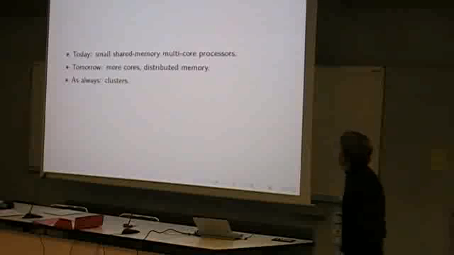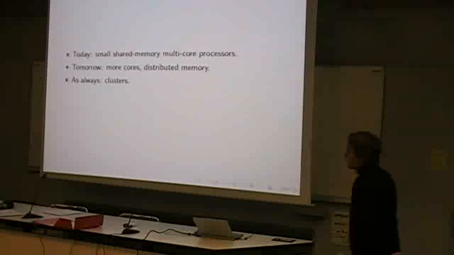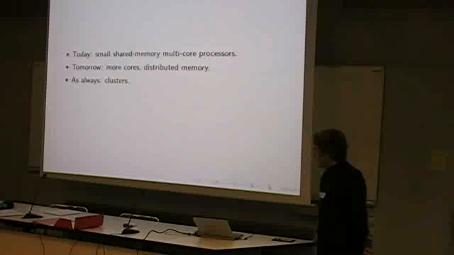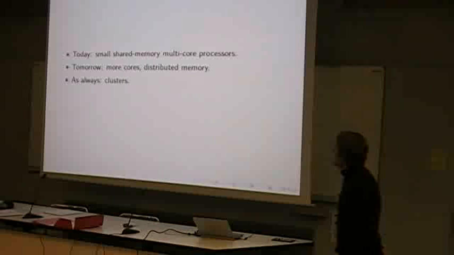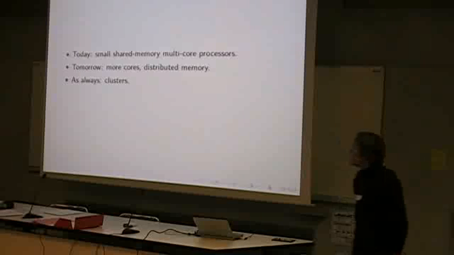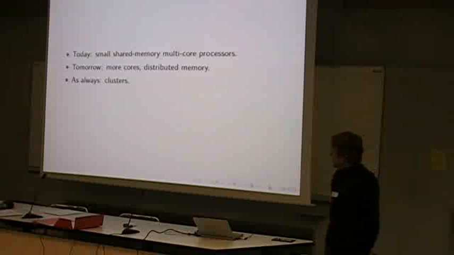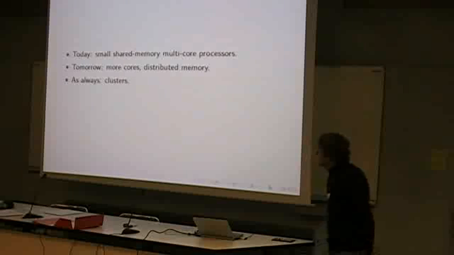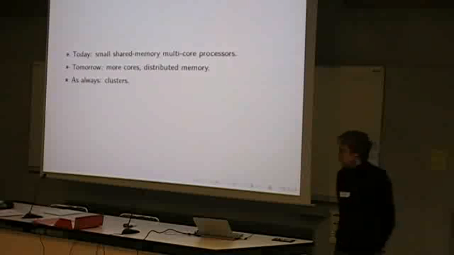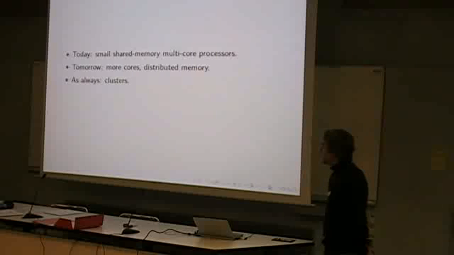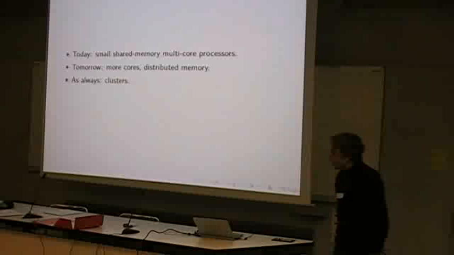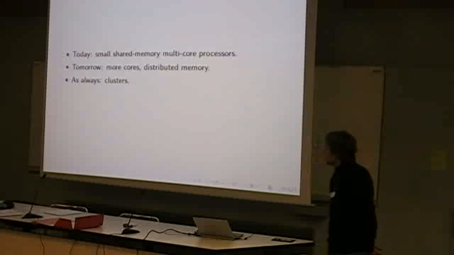Okay, and then to finish, everyone's favorite challenge, which is parallel computation. Well, unless you've lived in a cave in the last year, you all know that modern hardware is providing more and more parallelism. Today we have those multi-core processors, which are small shared memory multiprocessors. Tomorrow we'll probably have more cores, but I'm ready to bet that we will lose shared memory. It's just not implementable when you have dozens or hundreds of cores. And we already see a bit of that with the Cell processor, for instance, or graphics processors.